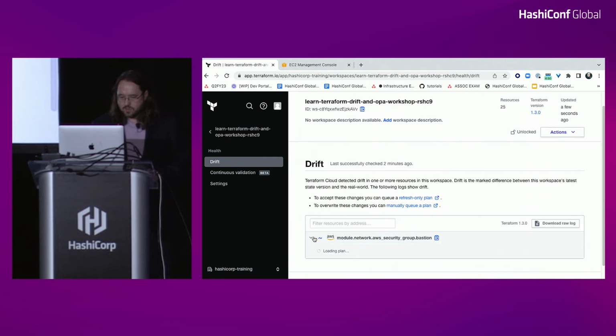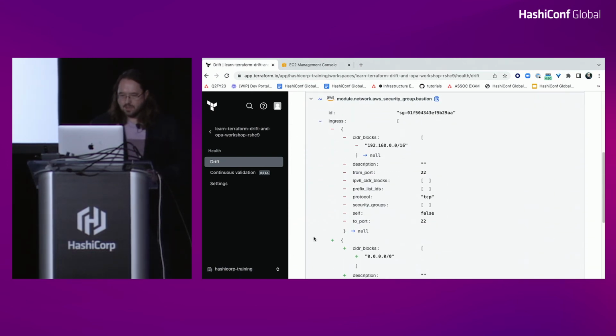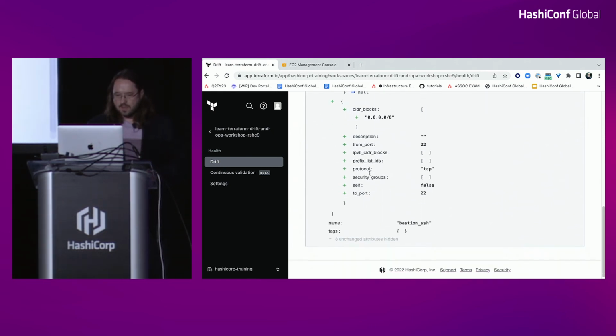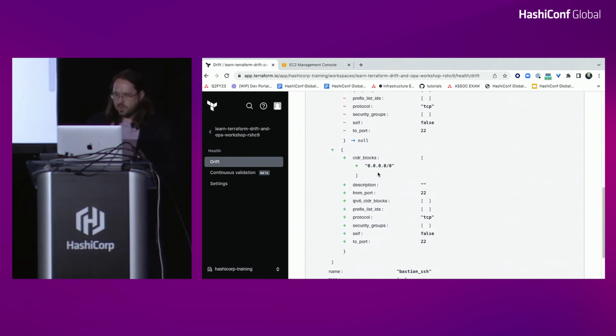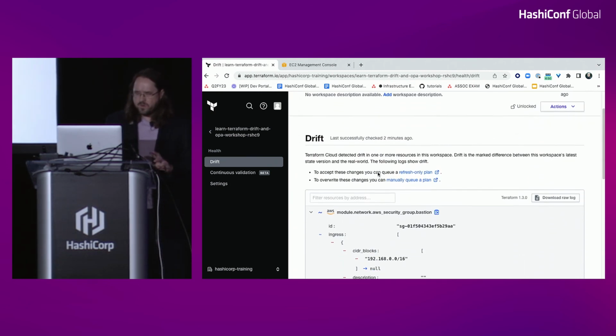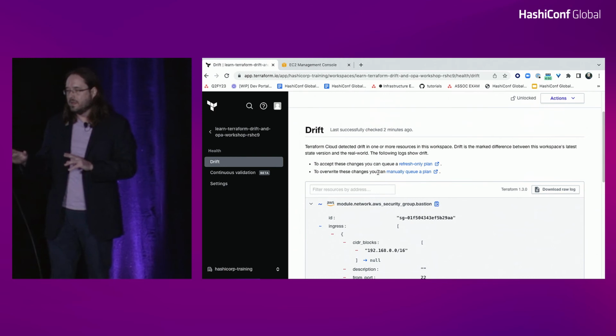All right, and we're going to be able to dive in and see that, hey, what we have configured is this, and what is actually present is this. So I want to talk about a couple of things here. First off, because I got a little off track from the demo we're doing,